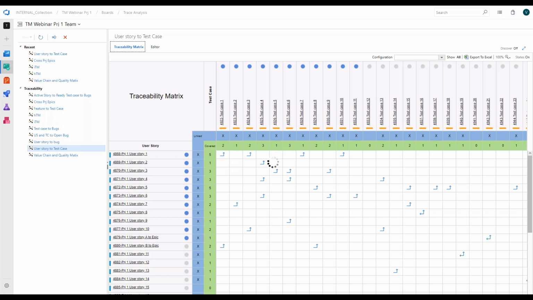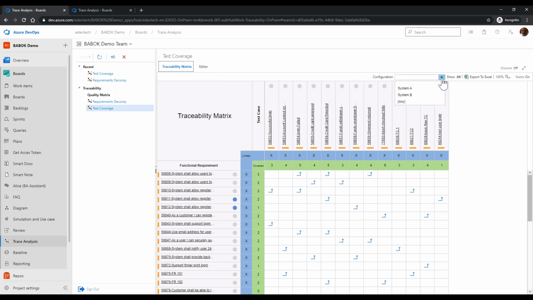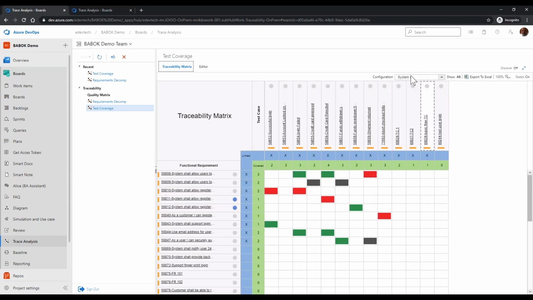So what we did was we actually created the ability for you to choose the configuration of your test suite. So if I choose system A, so that's the configuration, then it'll tell me this passed, this failed, this is unblocked, and so on and so forth. Now, how does this test results work? So in the Microsoft Azure DevOps test area, one of the types of test suite you have is called requirements-based test suite. And in there, you're testing for a given requirement, you'll test all the test cases that apply to the requirement, and the result really applies to that particular